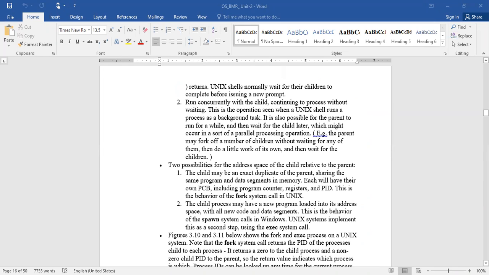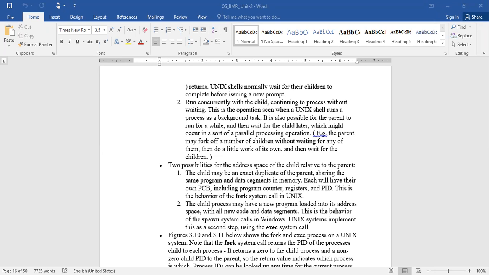Coming to the address space of the child process relative to the parent. What I mean to say is, once the parent process was created, the operating system will create a data structure, a PCB. Say, for example, let us assume that the parent process ID is 1.